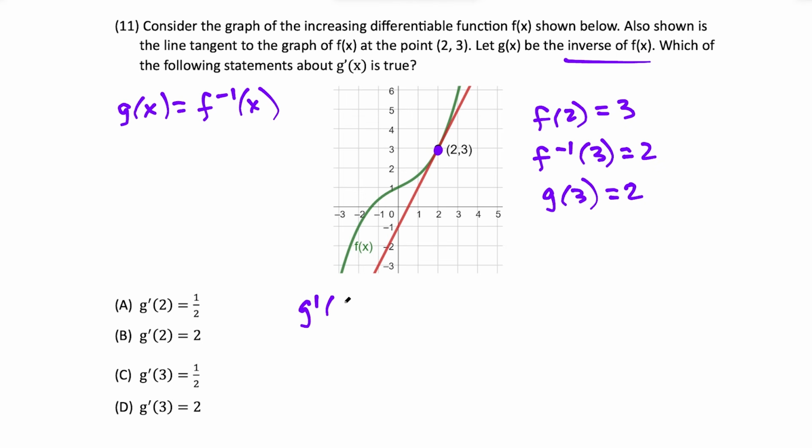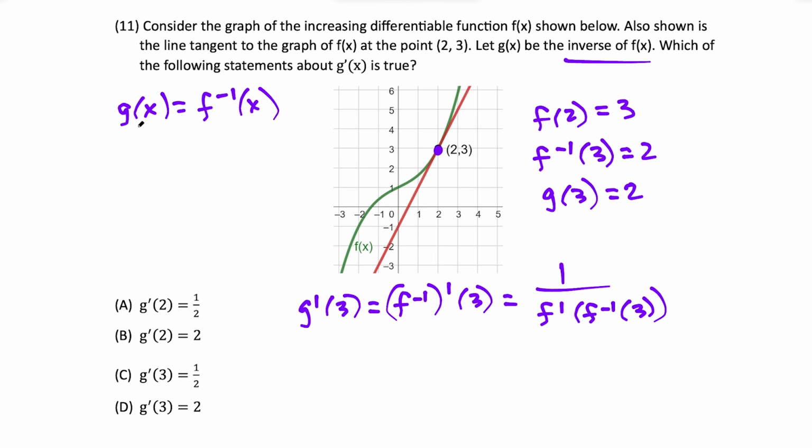So g prime of 3 is going to be equal to f inverse prime of 3. And if we use that formula for the derivative of f inverse, we're going to have 1 over f prime of f inverse of 3. And if we just use this definition here, f inverse of 3 is equal to g of 3, which we said before is equal to 2. So now we have